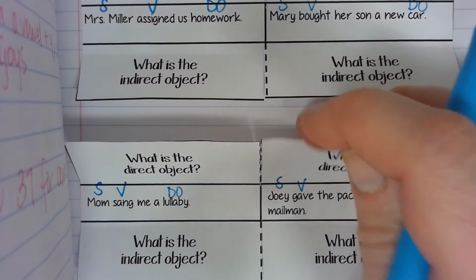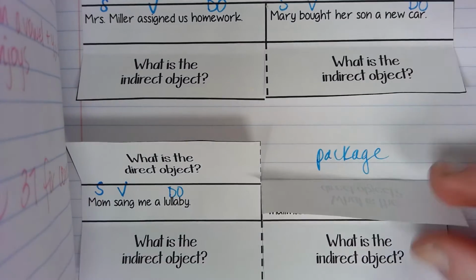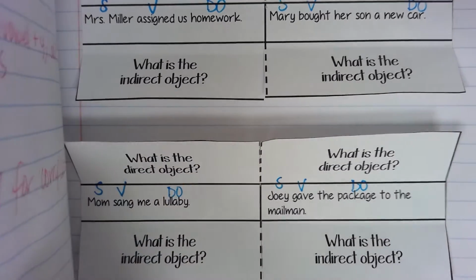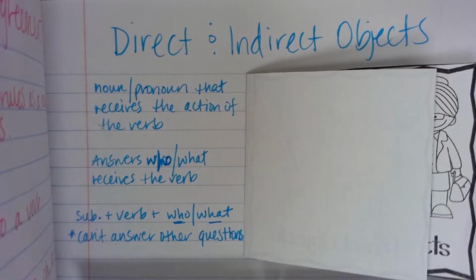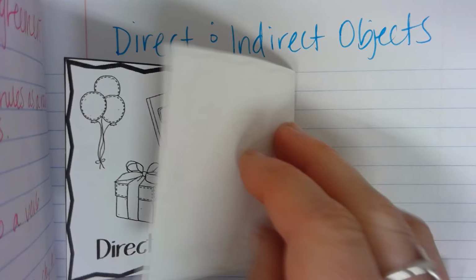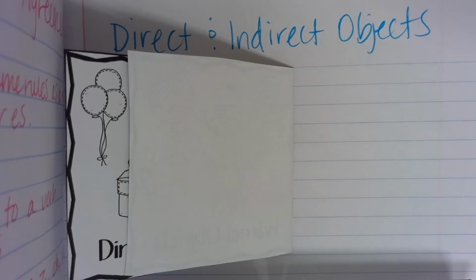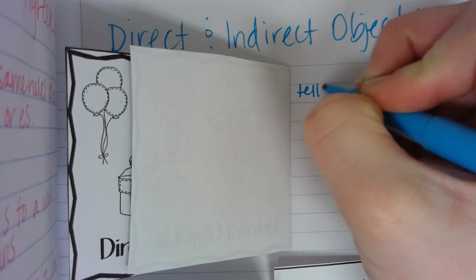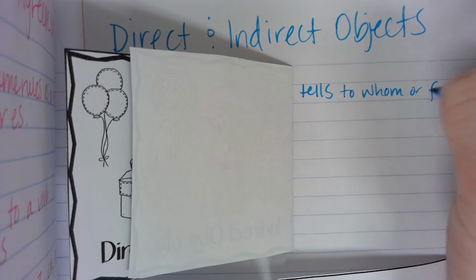Okay. All right, now that we have had some practice with direct object, let's look at what indirect object is. You can probably guess it's something a little bit opposite of direct, because direct and indirect are opposites of each other. However, it's kind of more so not opposite, but like one more step to the direct object. So now your indirect object tells to whom or for whom. I know that's that goofy word we talked about. Whom tells to whom or for whom the action of the verb